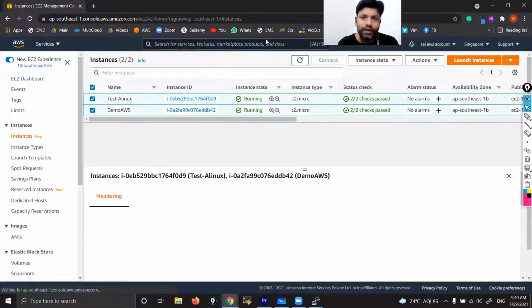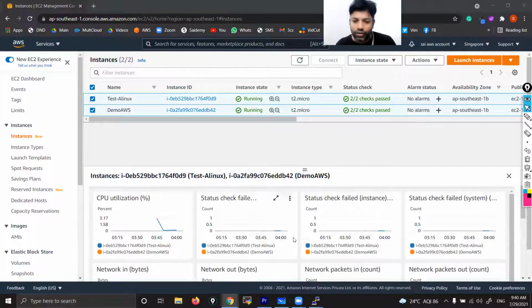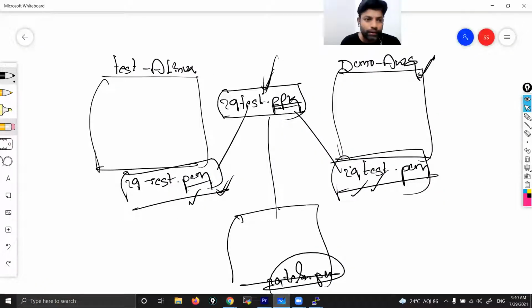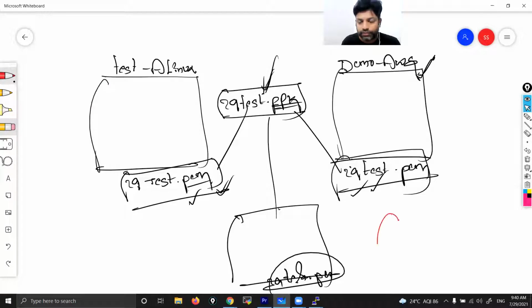As of now, let me terminate these two instances. Yes, a Windows instance also. The same key pair you can use for Windows also. For example, I would like to launch one Windows instance. This is Windows. While launching Windows also, you select the existing key pair, 29test.pem.